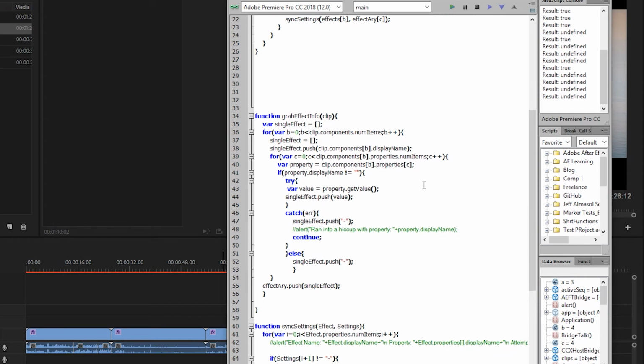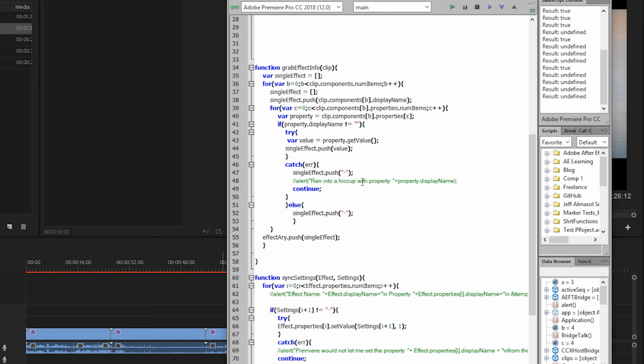Basically, as long as the display name is not nothing, we're going to go through and try to do stuff with this property. Here we're going to call try, then make a variable value, property.getValue, and then singleEffect.push(value). So we're going back up to the single effect array, which already has the component name in there, the general effect name at index 0, and we're adding in the property value that is a certain distance away from that